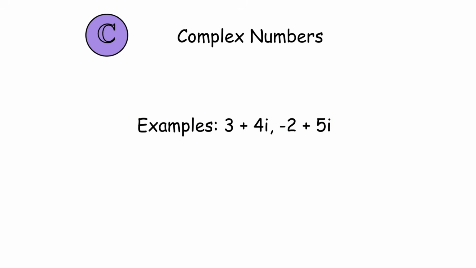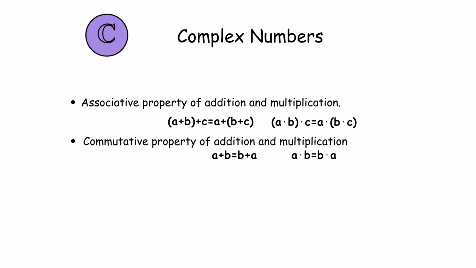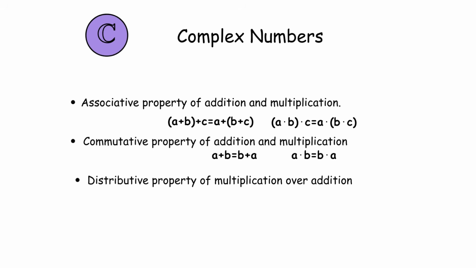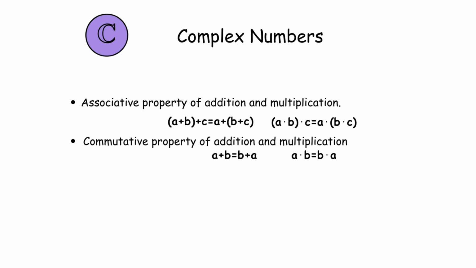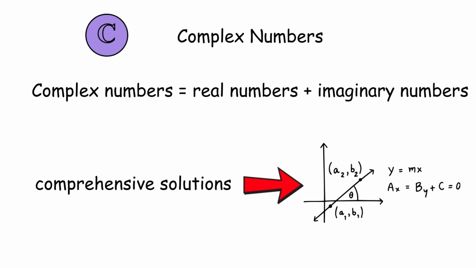Examples: complex numbers hold the associative property of addition and multiplication, the commutative property of addition and multiplication, the distributive property of multiplication over addition. Complex numbers are important because they expand the number system beyond real numbers, allowing for more comprehensive solutions to equations